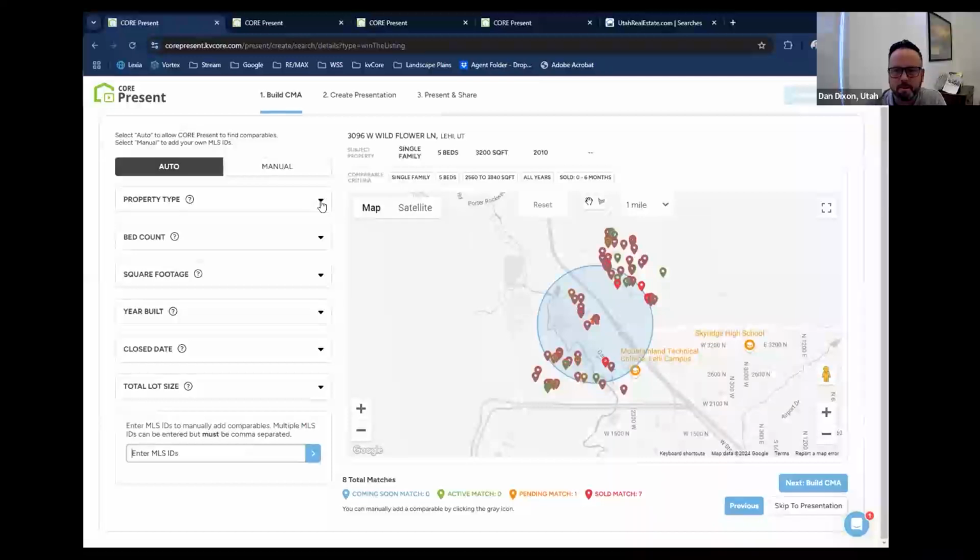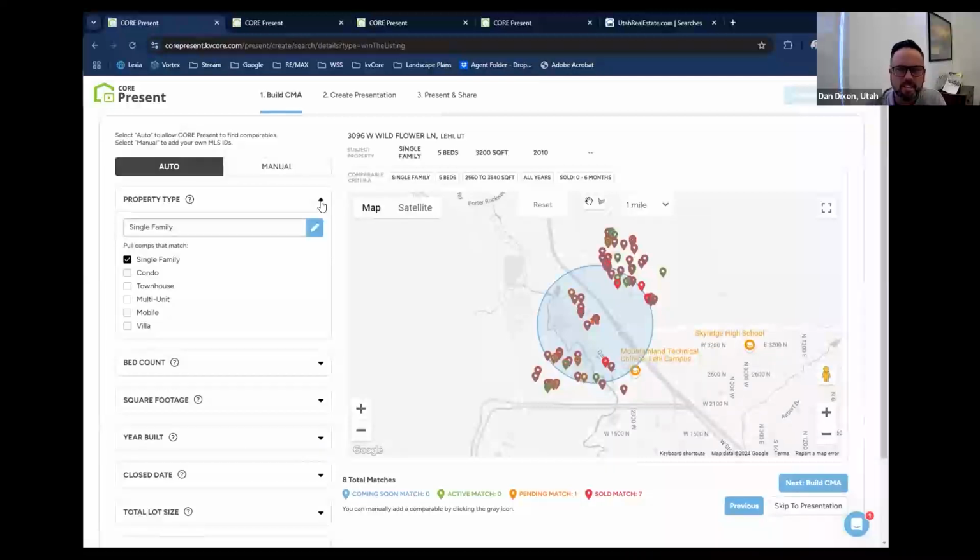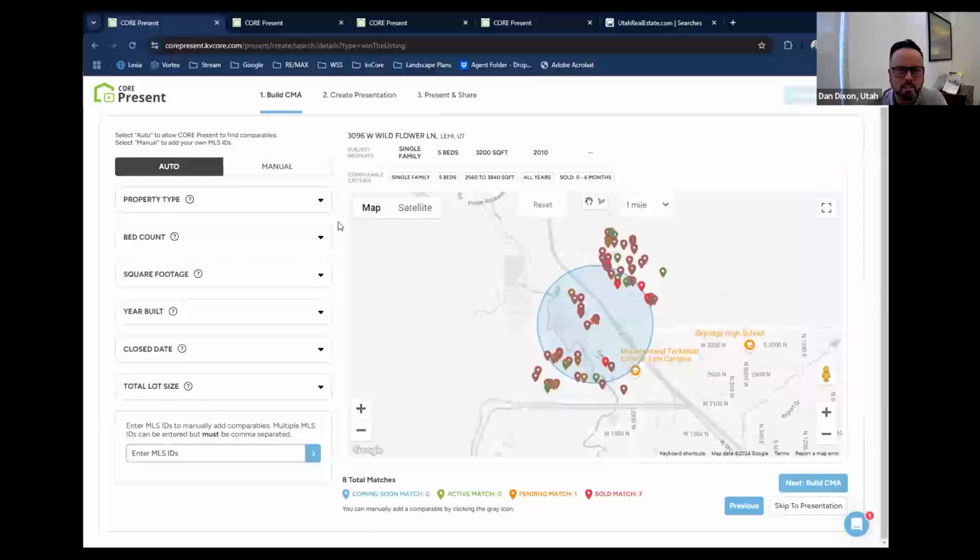We get asked this all the time. First thing I want to tell you is there's not the ability to separate ramblers from 2 stories here on property type. It's just, is it a single family or a townhome or attached, or whatever the case may be. Unfortunately, there's not a way to drill down further. You would do that when you go look at the comparables you're choosing later on. You would look at which ones you feature or like, or even eliminate if you wanted to eliminate 2 stories. So at this point, we can't do that, but know that.